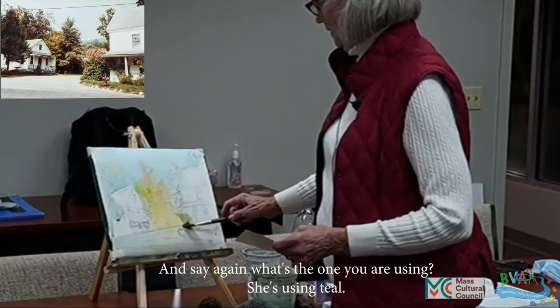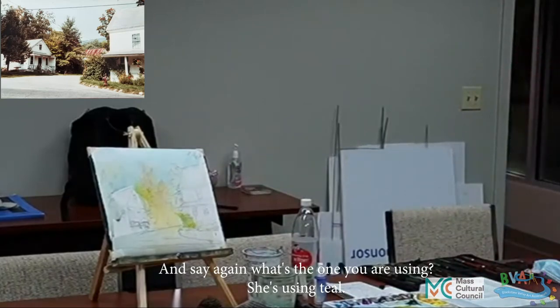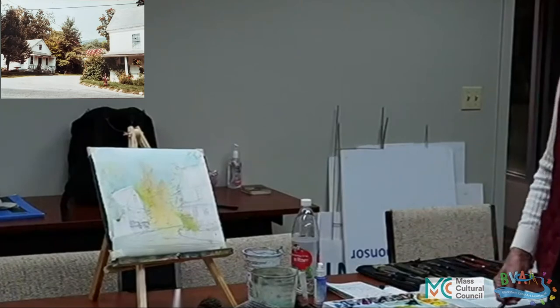Cerulean blue is the one that you're using? He's using teal. Which one is the blue you're using to do the greens? I'm using cobalt teal. And for the sky, you use cerulean? I usually mix cerulean and one of the blues, cobalt or,